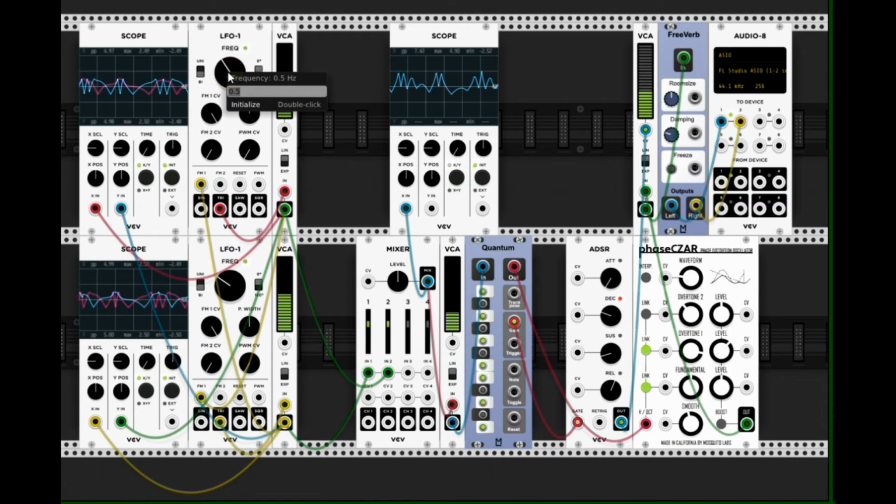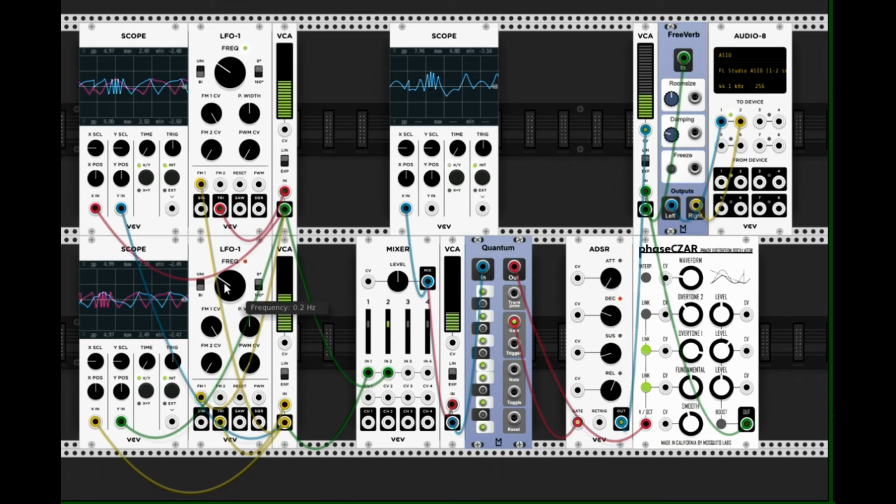Okay, and to 1 Hertz. So the fast pitch development is getting faster when I increase the frequency of LFO1 here above. I reduce it back to 0.2